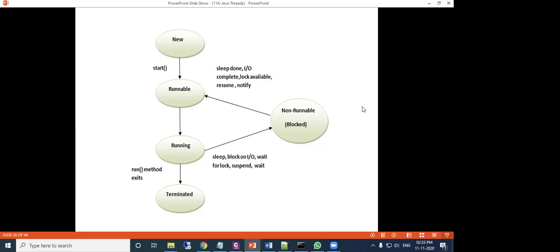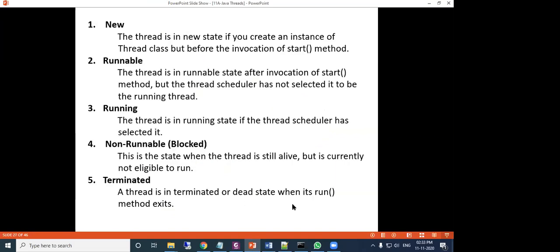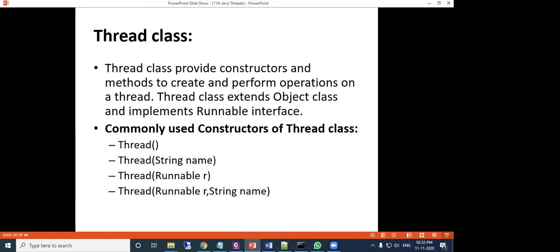Next, the different states we have discussed, and now the Thread class also we have seen. The Thread class has some constructors and methods. The constructors are: Thread without a parameter, and with a string, where you can pass the name of the thread and set the name using this constructor.